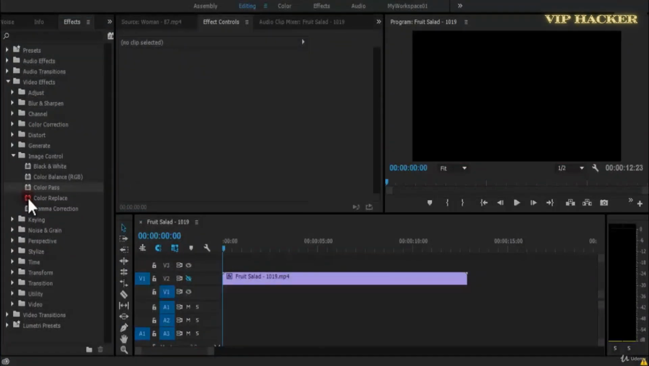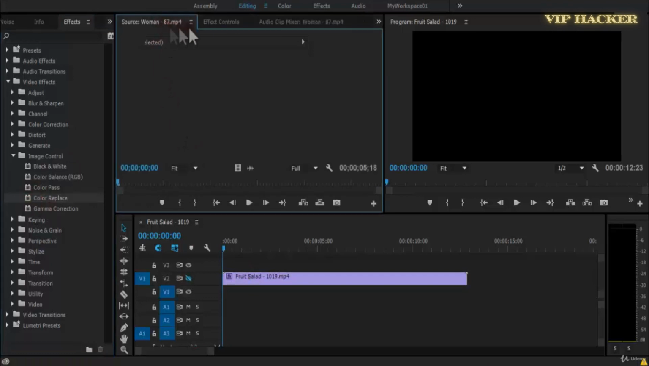The next effect is color replace. This color replace effect replaces all the occurrences of a selected color with a new color, preserving any gray levels, and using this effect we can change the color of an object in an image by selecting it, and we can then adjust the controls to create a different color. So let's see that. I have to apply this effect on my video,